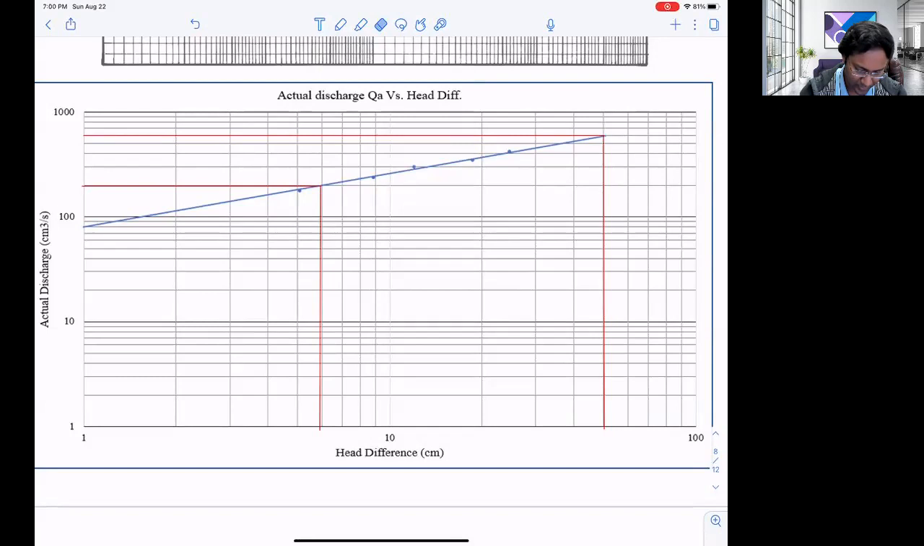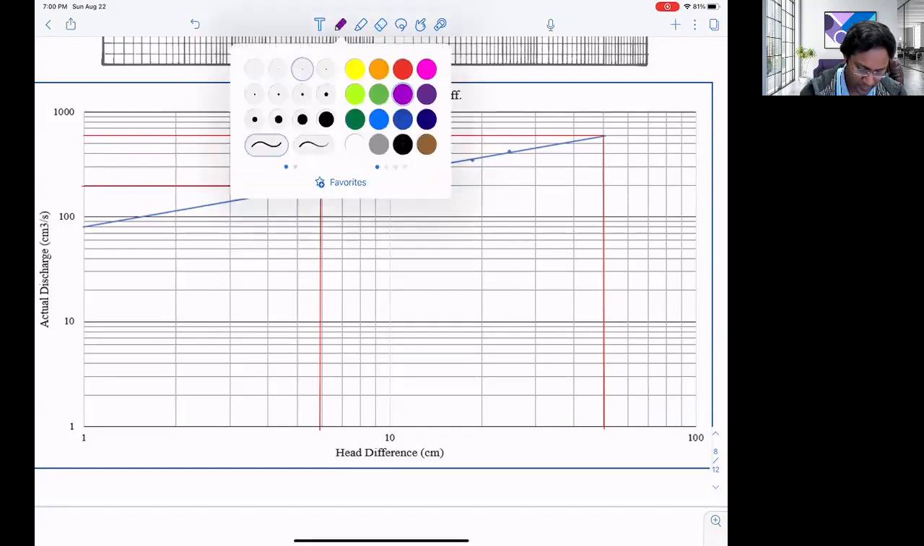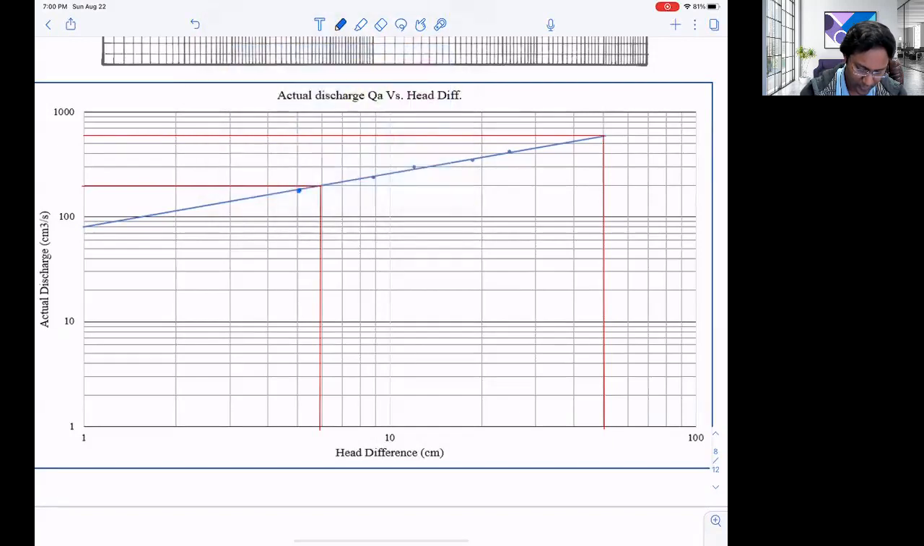So I plotted these 5 points. I have one point here, one point here, another point here, another point here, and here. And then after